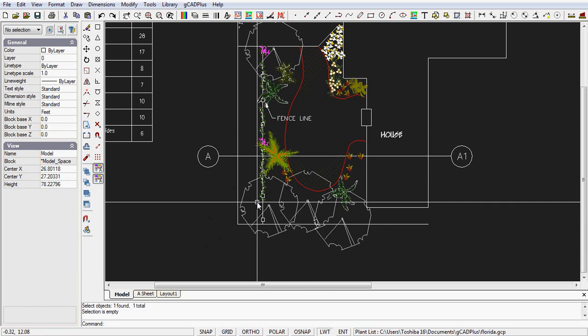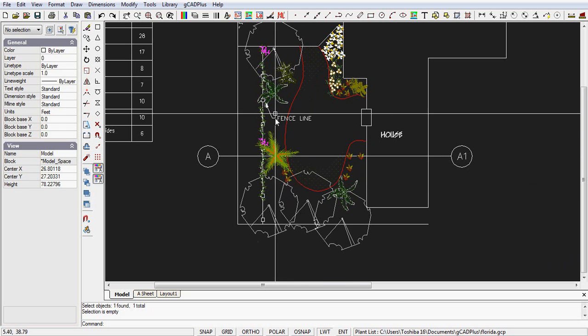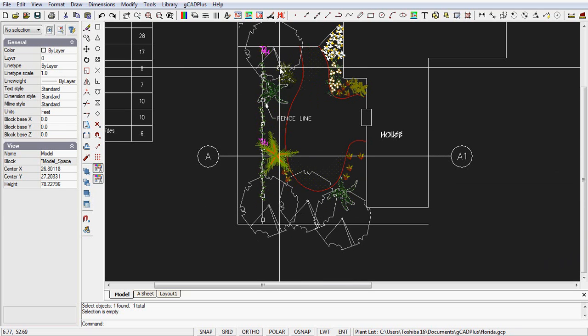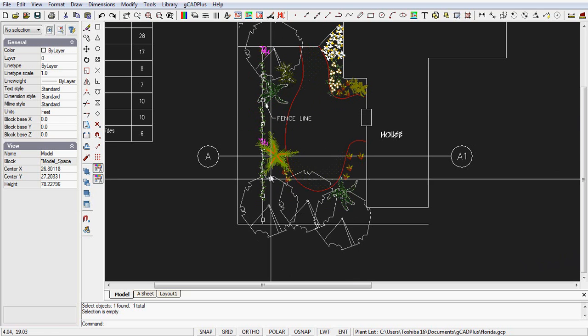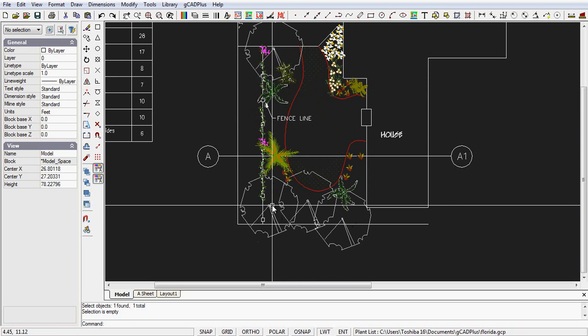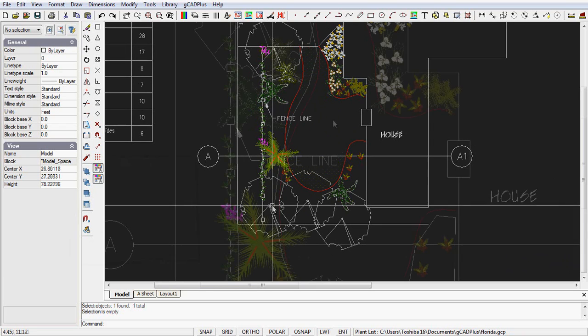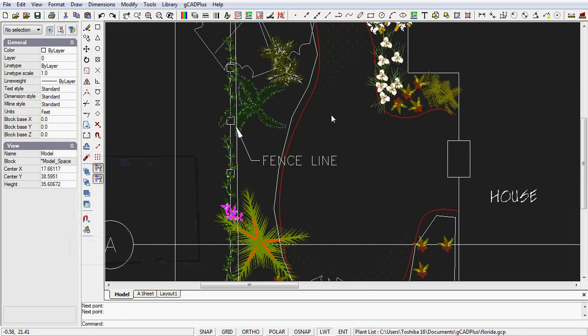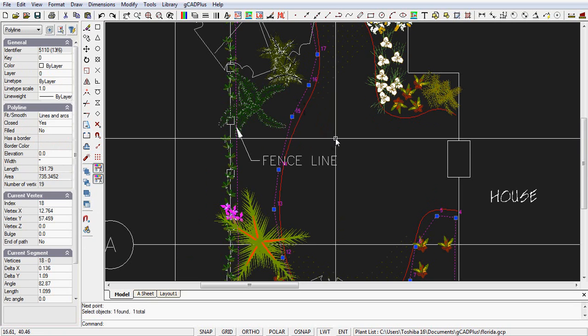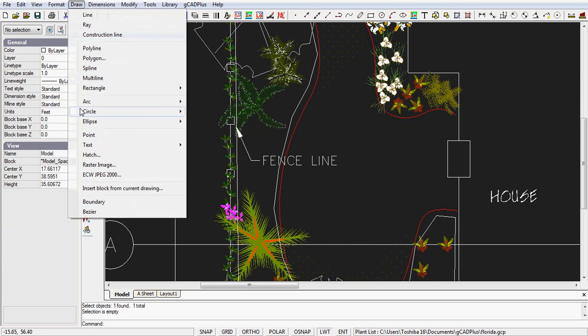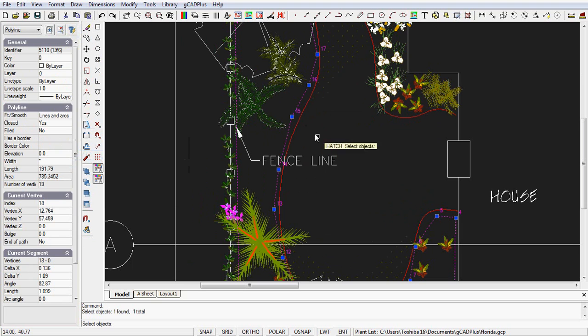If you wanted to hatch the area of the garden bed to provide some mulching, what you might be inclined to do then is to do a much larger polyline around the area, and we'll show you that in a moment. If we wanted to indicate some mulched area in the garden bed areas, what I've then done, changed the approach, and you remember we said hatch lightly. This time we'll hatch much more heavily. So got a polyline around the whole garden bed area, and we'll draw and hatch, pick up the polyline,